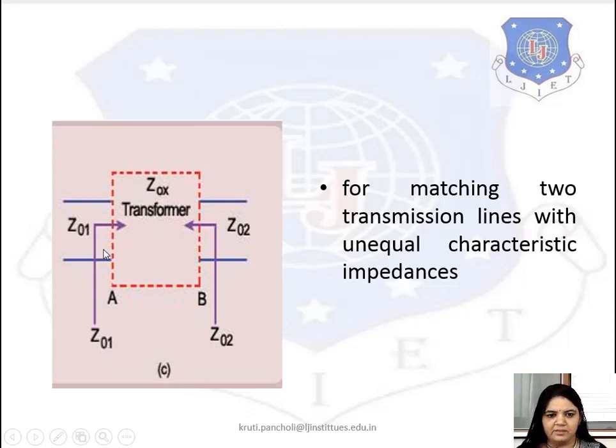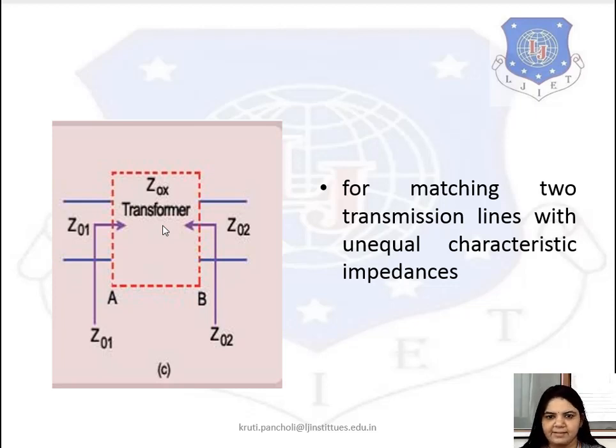From this point we can see that the characteristic impedance is Z01, and here it is Z02. To match the impedance between the two transmission lines, the quarter wavelength transformer can be used. By matching the impedance, there is no standing wave and there is no reflection